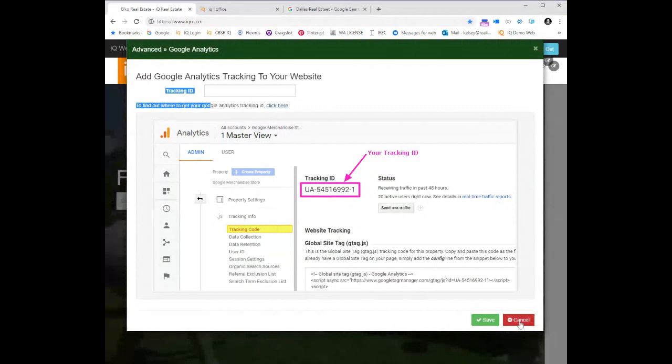And the same thing for Facebook. So if you run Facebook ads, you have a Facebook pixel, and you just paste your pixel ID here and click save, and then it attaches that information. So if you are wondering about where to get your pixel ID or your Google Analytics ID,